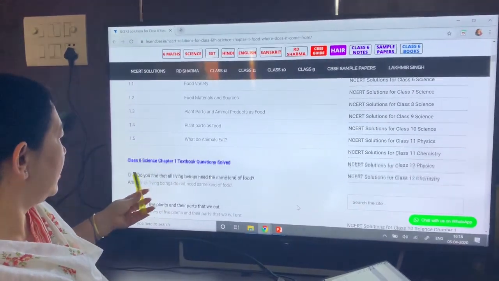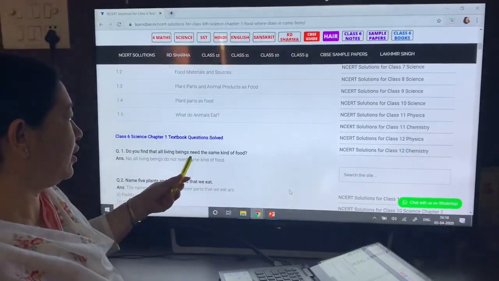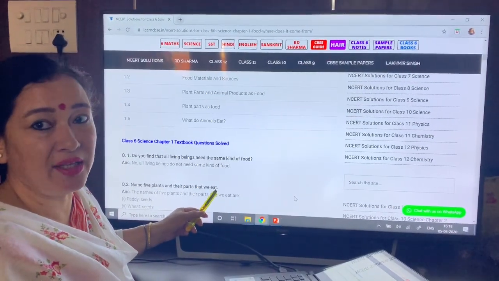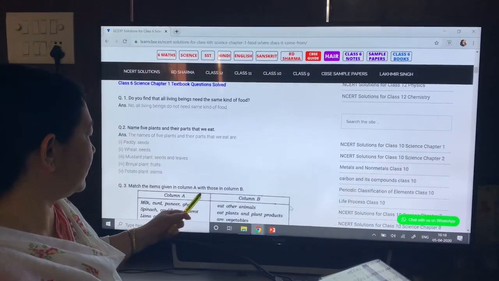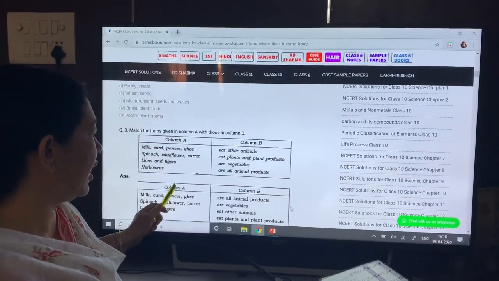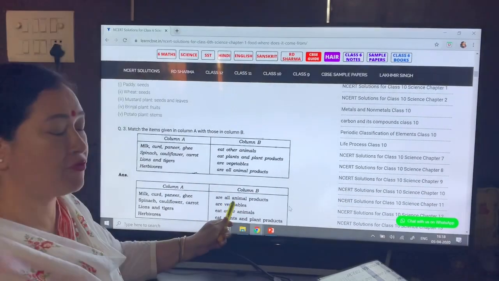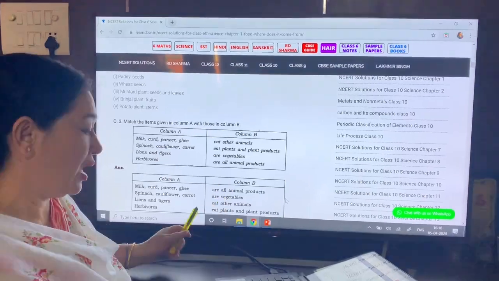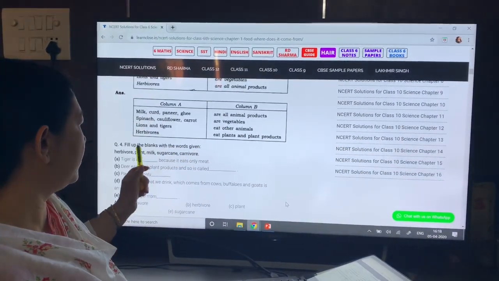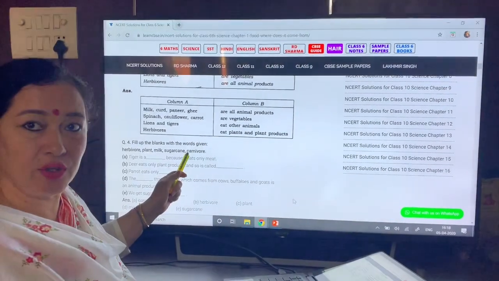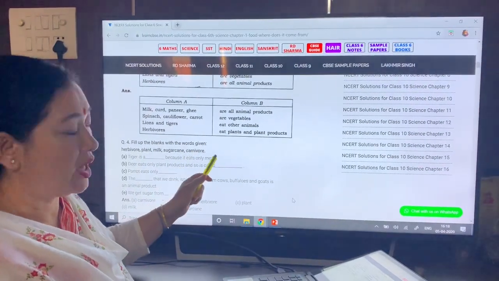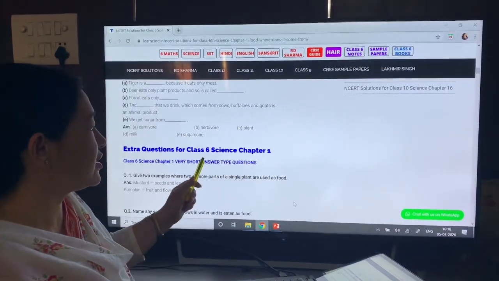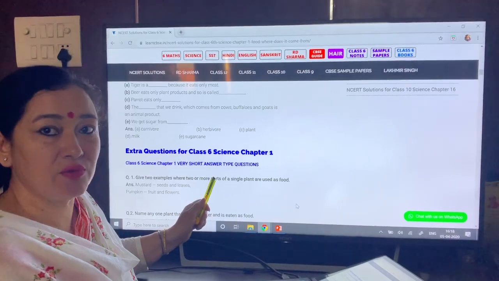Now you can see this is question number 1 that is appearing. You are going to write all these question answers in your notebook very neatly. After that, we have these match the columns. I want you to write the right answers in front of it. Please do not crisscross or put numbers on them. After that, there are fill in the blanks whose answers are already given to you. You have to choose the correct answer and put them in the blanks that are given.